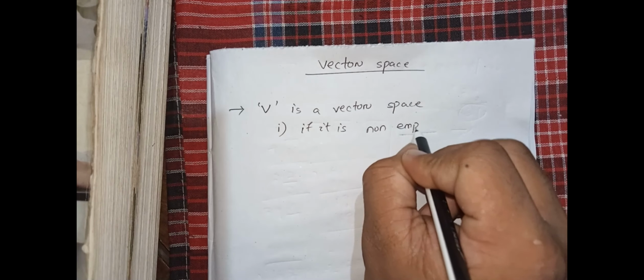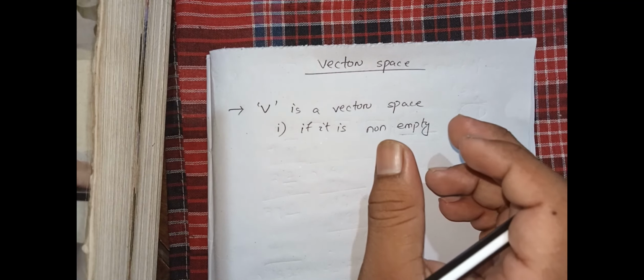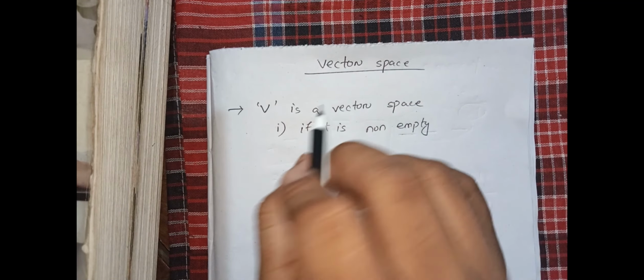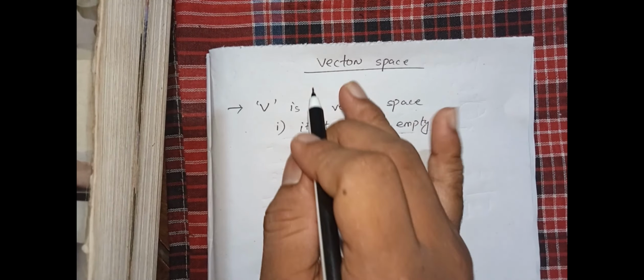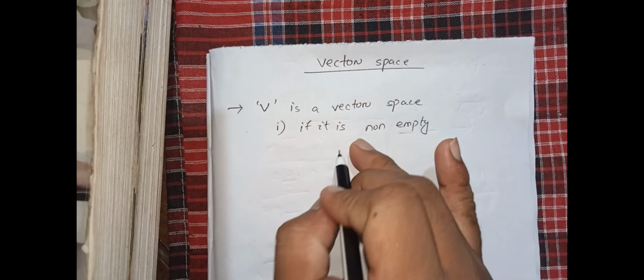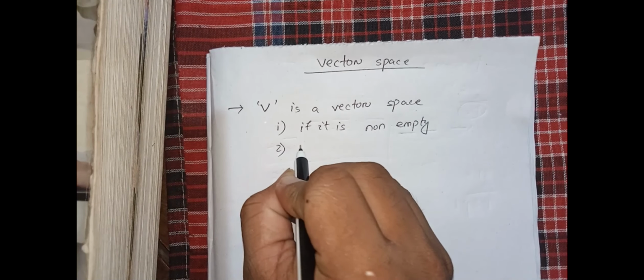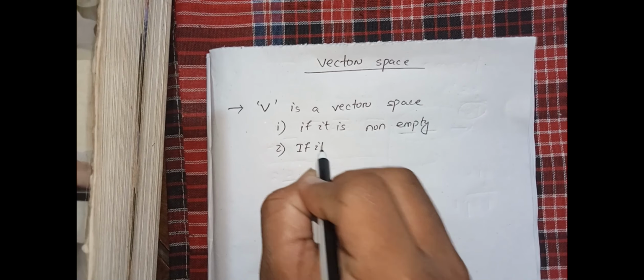What is V? V is the set of all numbers or two-dimensional vectors, with the summation of vectors, and it will be a vector space. The first condition, it is non-empty. The second condition, it follows